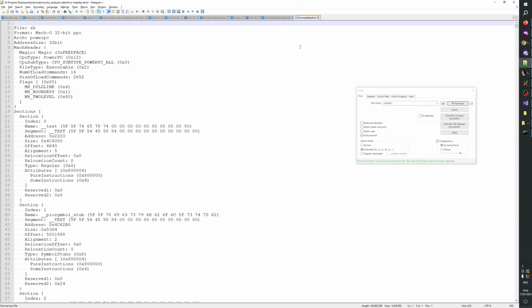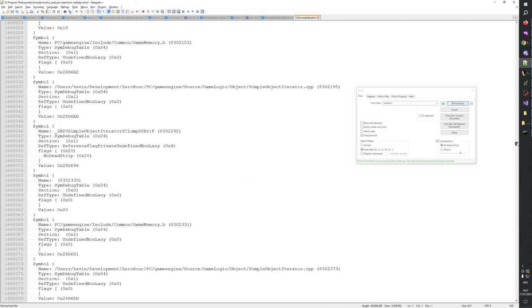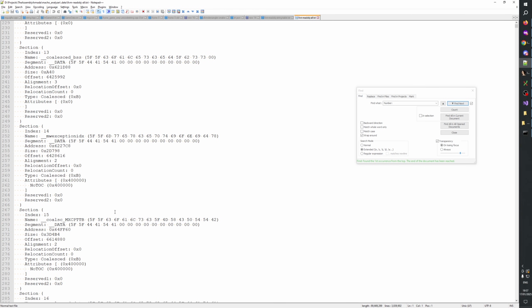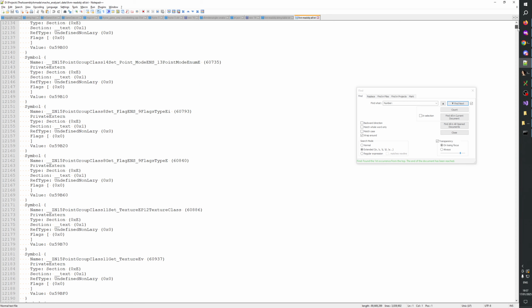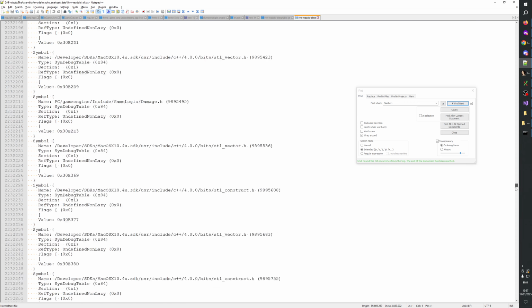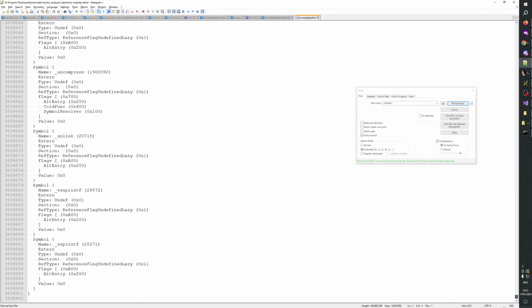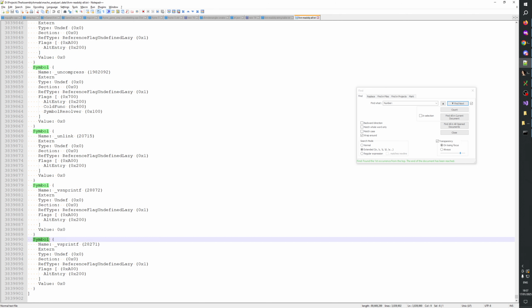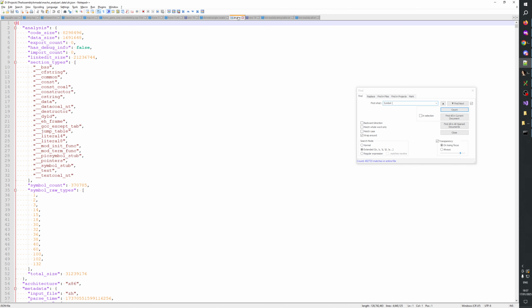Okay, when we look at this one here, it would be interesting to see. So there's only the section and symbol. So I wonder how many symbols are there. Let's search for this here and press count. It says 402,000 symbols. This is interesting because here in our JSON,